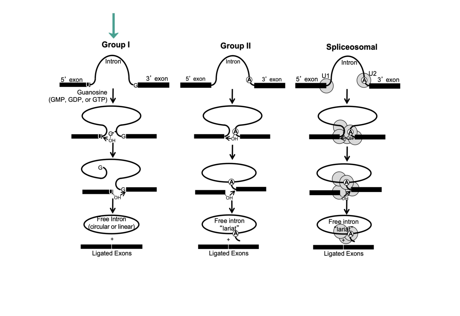And then there's a hydroxyl nucleophilic attack at the other end at the 3' intron exon border, forming a free intron, which can circularize in many cases, and then ligated exons. In some cases, the intron can contain a transposase type gene, which is an endonuclease that cuts out specifically a region of a chromosome,